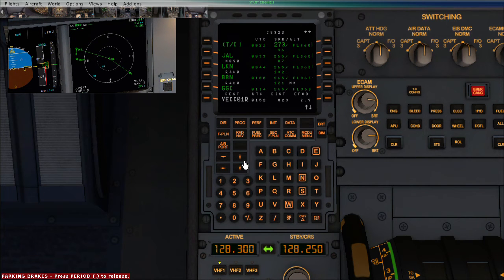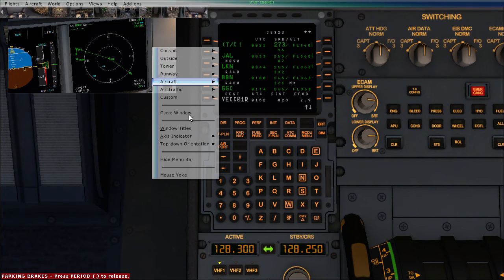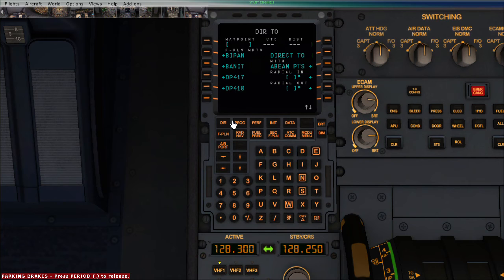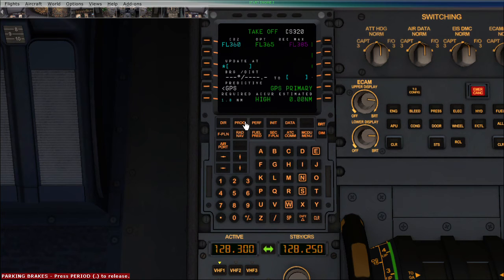So you can see over here that from Itban, if they direct me to Lucknow, I don't have to go through this pathway. I can go from this to this. Okay, that will be a shorter pathway. So the direct function is for this. For going directly to that exact waypoint, we select the direct function. Okay, progress page shows the progress of the flight.